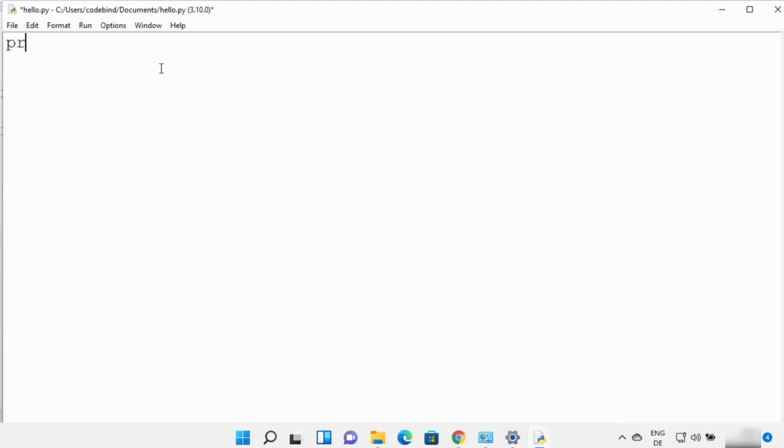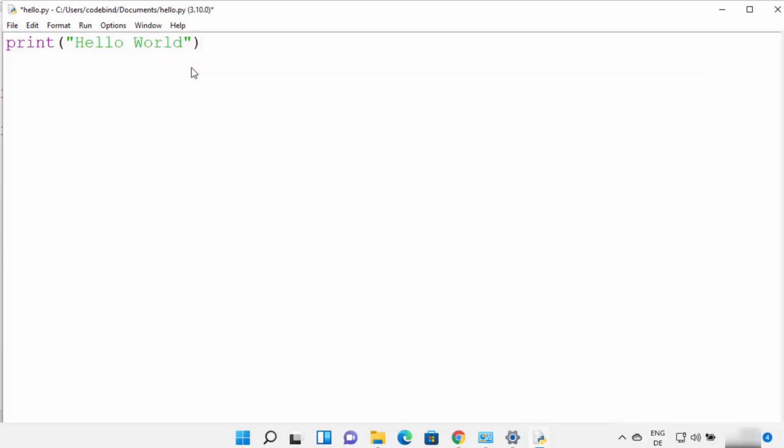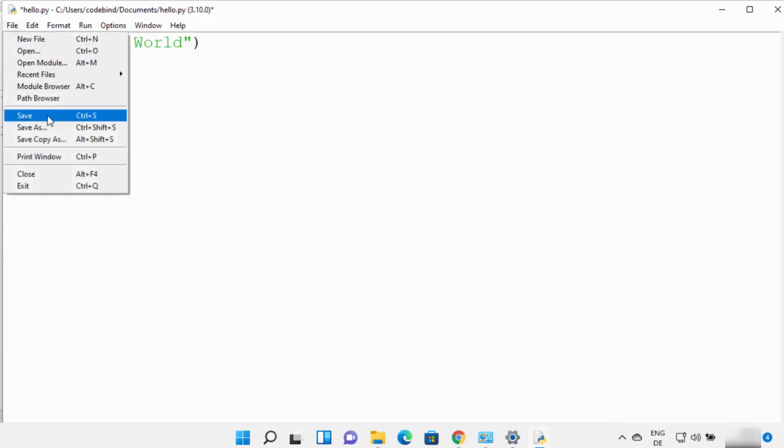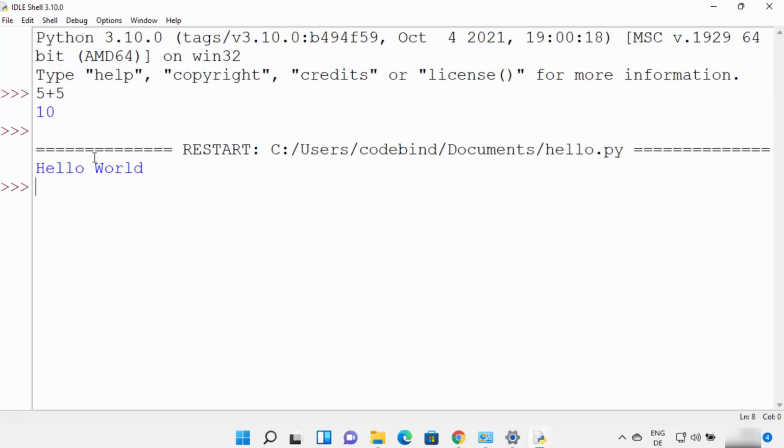And here you can write your commands, for example print, again I'm going to write, and you can see Python IDLE also gives you this IntelliSense, so it's going to help you to write your code, right? Hello world, once again I'm going to write and then close this parenthesis, and then you can save this file by just clicking on save or Control S, and then you can run it from here. So you can click on run and then click on run module, and then it's going to show you the